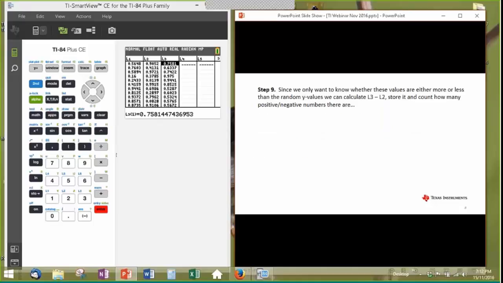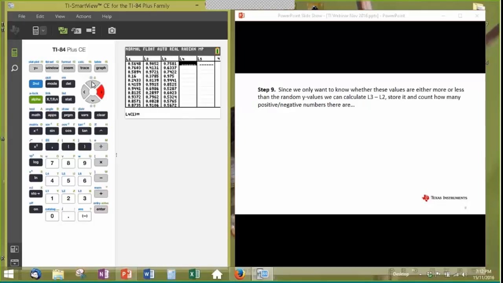So I've got my list, but I only really want to know whether they're above or below. So what I'm going to do is calculate L3 minus L2, this y value minus that one, and store it in list 4 and count up how many values there are, how many ones and how many zeros. Now, I won't be doing that for a minute. I'm just actually looking at the values. So this is going to be L3, take away L2,